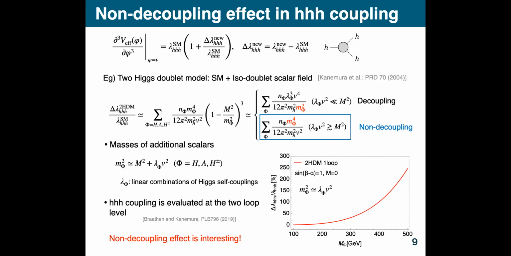In the doublet model, there are three types of additional scalars. In general, the mass of these fields can be expressed by this form. The important point is that the second term depends on the vacuum expectation value. However, the first term does not depend on the vacuum expectation value. Okay, so capital M is the value of another. If you consider such renormalizable models, I think that you can interpret the origin of capital M. So what's the definition of capital M here?